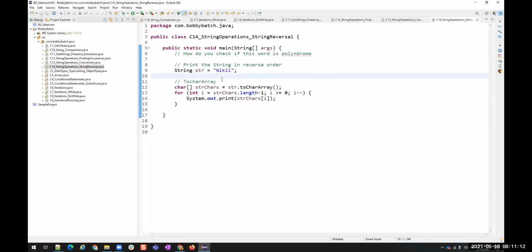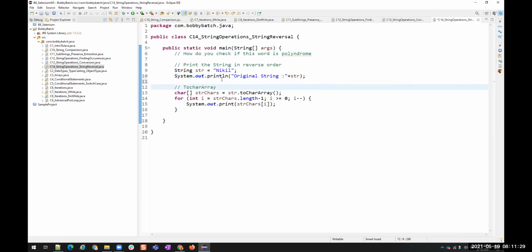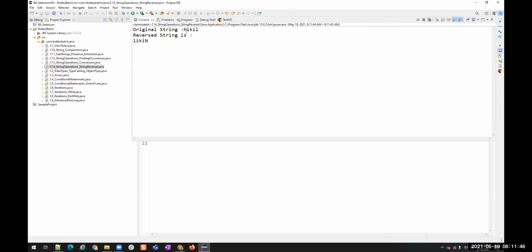If you want me to print, string plus str, then I'll say the original string is Nikhil, reverse string is Likin.